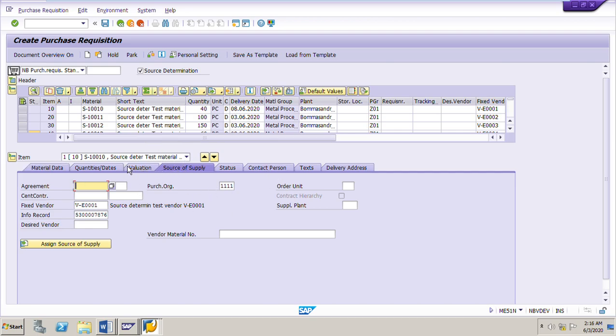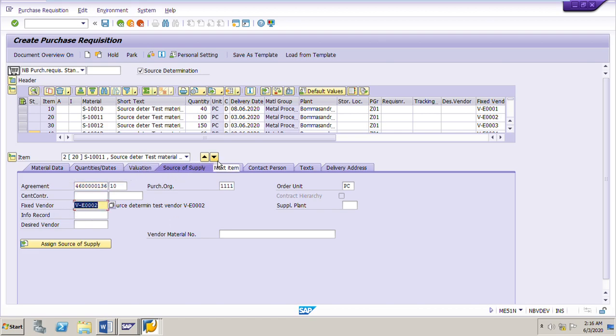For the first line item S-10010, the source is V-E0001. This is the vendor having an info record 5300077876. For the second line item, this is a contract, 46000 ending with 136 with the vendor V-E0002.